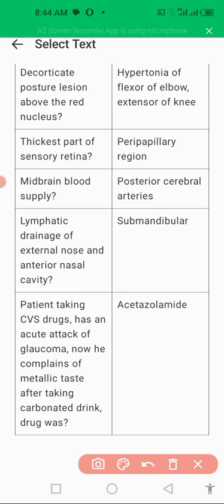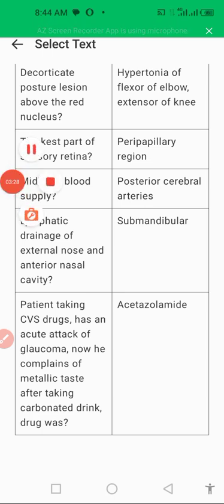So these are some of the high yield questions that you have to memorize, that you have to keep in your mind, so whenever a question comes in the exam, you can easily solve that clinical scenario. In the next video we will look at the detailed